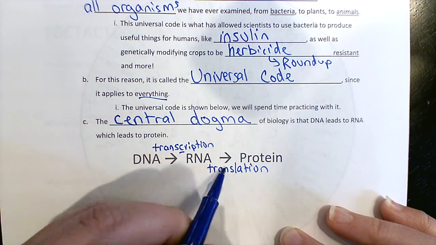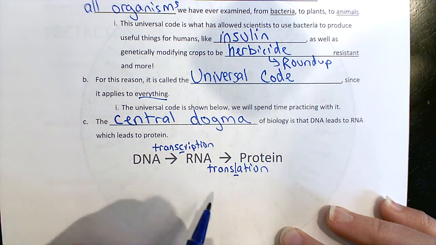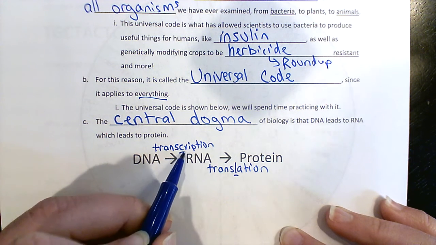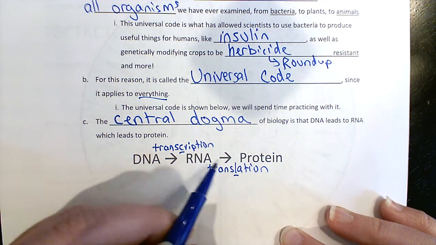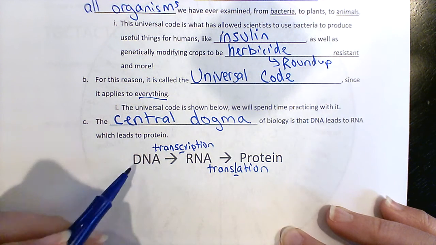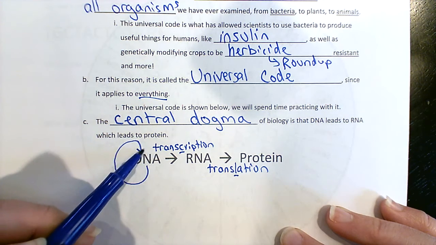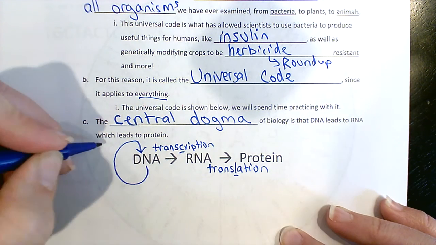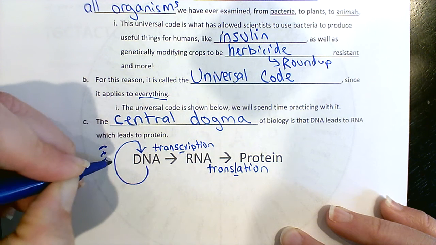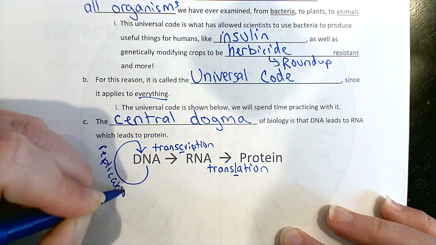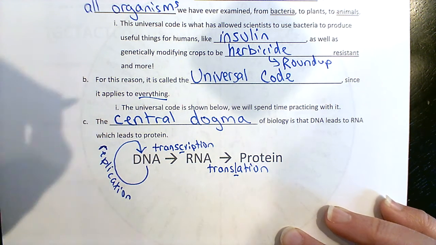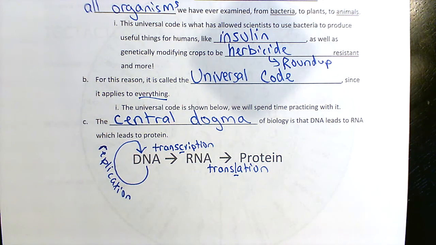Remember, the easy way to remember which one's first. They both start with trans. Right, and then we have C comes before L, transcription before translation. And then I have one thing I always like to add on here, a loop from DNA to DNA, and that was called replication. Okay, so these 3 things